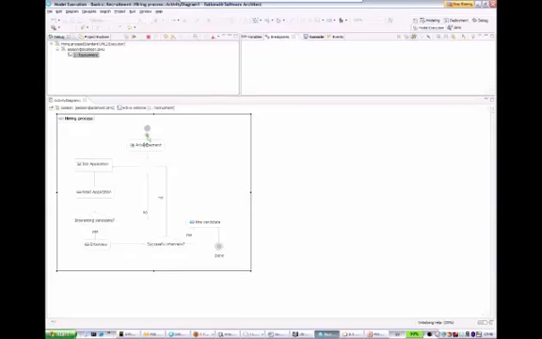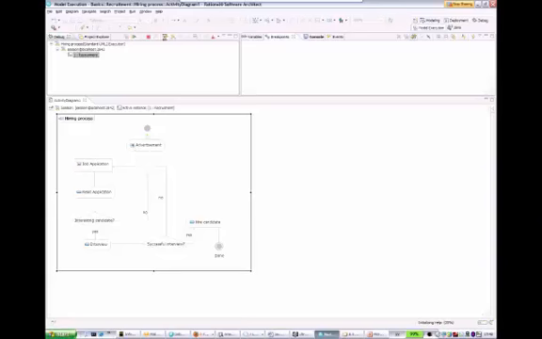Now, when I press step event the next time, we will actually go into the advertisement action, because you can see with the icon to the left here that this is a call behavior action. So this action actually calls another activity, which describes how advertisement takes place. So when I press it, I step into it, very much like stepping into a method when you are debugging Java. And I will press the button